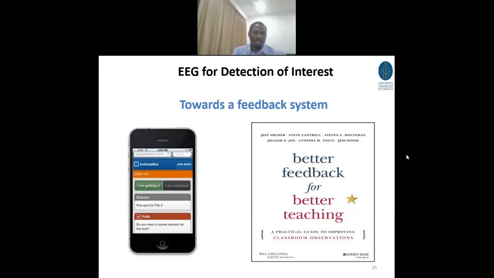Okay, so I was mentioning this is the dream at the end: to get a feedback system. This is just better feedback for better teaching. And this is what I was mentioning previously, a system where people use, for example, handphones, and they can communicate. You can do polls, you can do quizzes. They have different options, and they can choose and give the feedback to the teacher